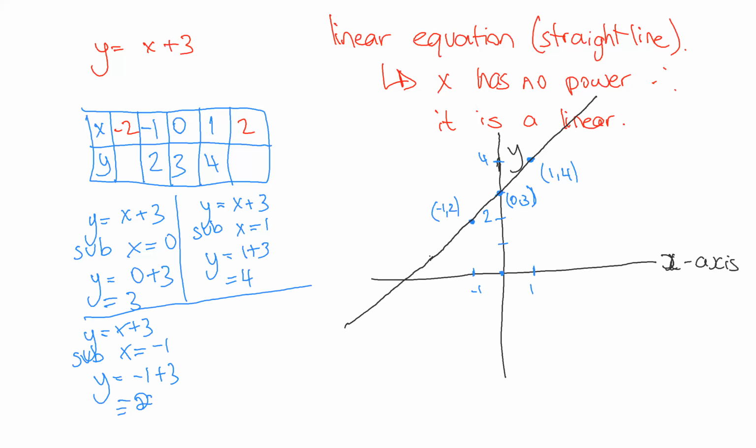So if x is -2, what do you think y is going to be? Yeah, it's going to be 1. And if x is 2, yeah. So you can see there's a pattern emerge as well. If you don't get a pattern, that means you've done something wrong as well. So you can check your answers a lot of different ways. The linear has to be a straight line. If you're not getting a straight line, if you're not getting a pattern,